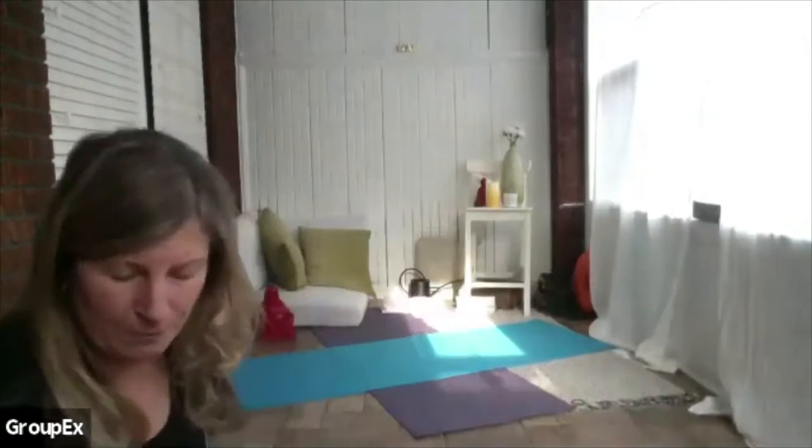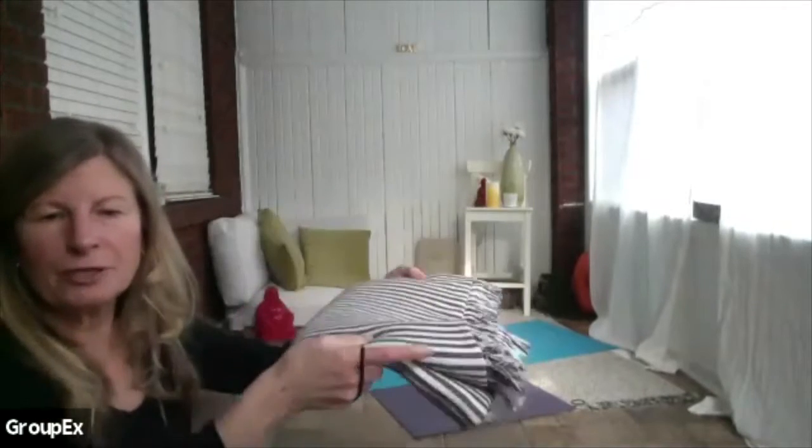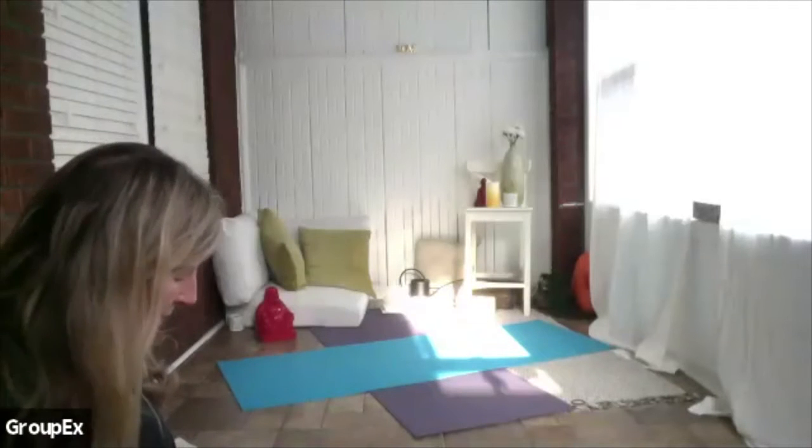And as far as anything that you need, furniture in the room, whatever you can grab at times for balance. You can use walls or chairs or couches. I've got just a flat blanket, or you can use a towel for your knees. I have a couple of pillows back there, and you don't need to have any of these things, but